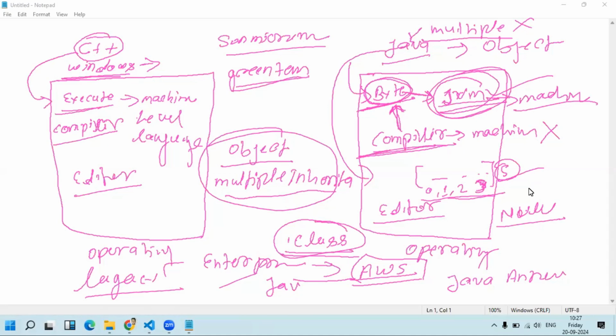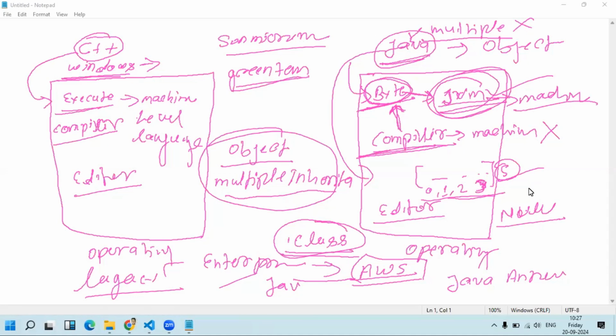So why Java, right? It was not machine independent. C++ was not machine independent, but Java is machine independent. That means it generates bytecodes. Those bytecodes can execute on every machine, no matter what the operating system is, whether it's Windows or Linux.